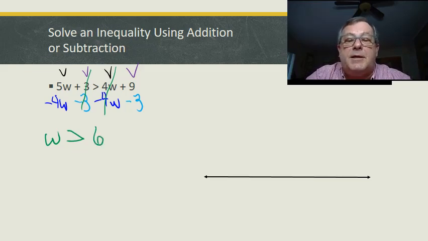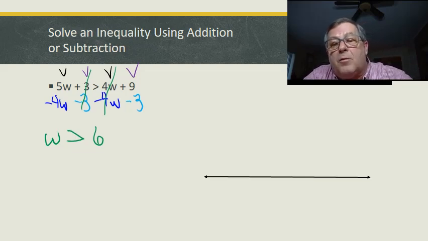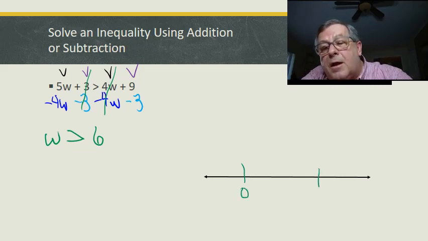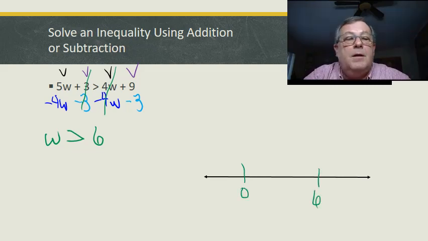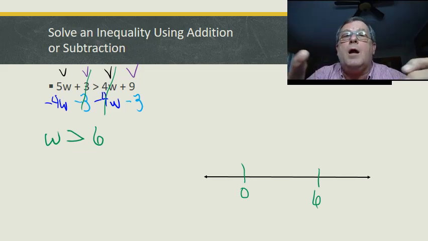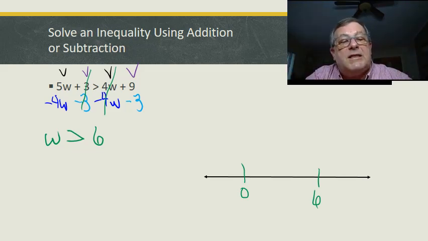Now the second step in this is where I'm being asked to graph this on a number line. So I've got a number line here, and let's say that this is 0. And let's say right here on the number line is 6. Now the first question I've got to ask myself on graphing this, am I going to be using an open dot or a closed dot? Well, since this is just simply a greater than and not a greater than or equal to,